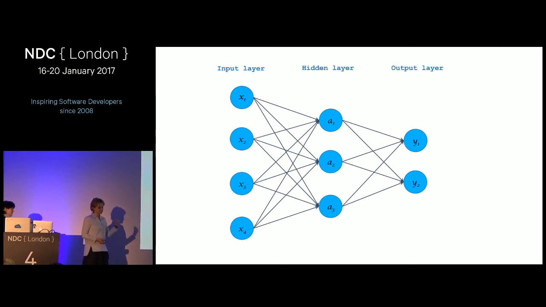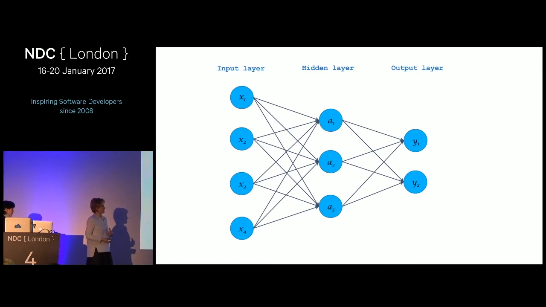So our input layer is actually the data that we want to analyze. It could be an image, it could be sound, it could be video, or it could be whatever data that we want to classify, for example. And in image recognition, that's an image. Output is a set of labels of what we want to predict. For example, if we are doing image recognition, and we are trying to identify if there is a cat or dog in a picture, that would be cat and dog.